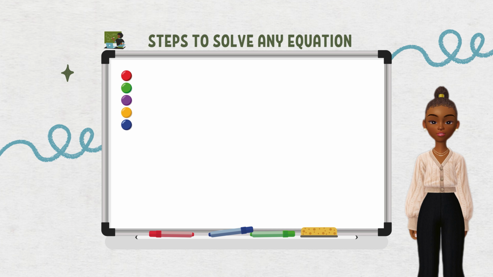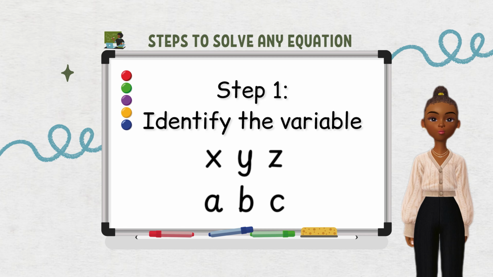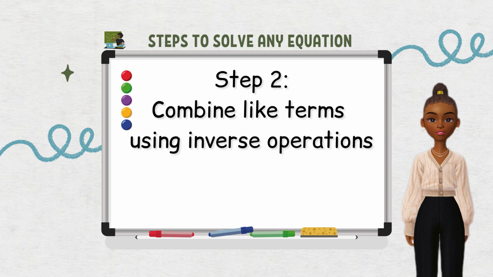Now let's go over the steps to solve any equation. Step 1, identify the variable. What letter are we working with? This is the value we are solving for, so keep your eyes on it the entire time. Step 2, combine like terms using inverse operations. If the terms are on the same side of the equal sign, combine them like normal. But if the terms need to move to the other side of the equal sign, you must use the inverse